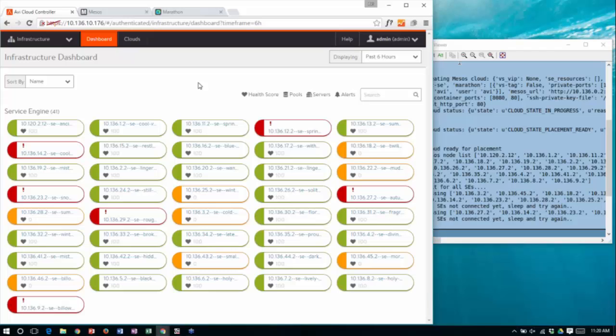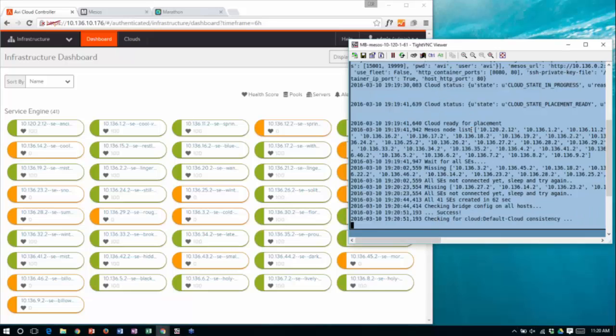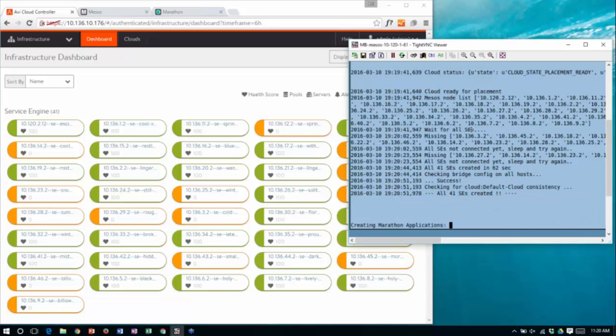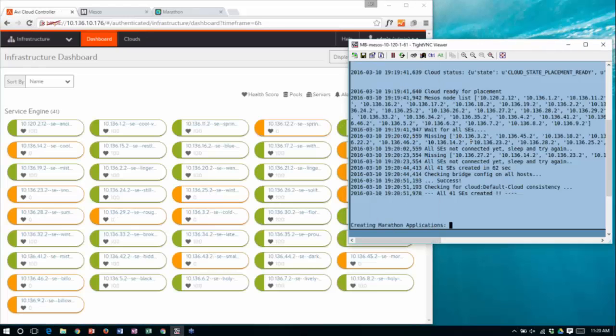To give you a sense of how small that footprint is, we're talking about as little as 1 vCPU and 1 gig of memory that can drive several gig of throughput and terminate thousands of incoming SSL TPS connections if it has to. It's an extremely high performant footprint thanks to an architecture that removes the configuration, policy management, and all the control and management functions from the data plane, making the data plane extremely fast.